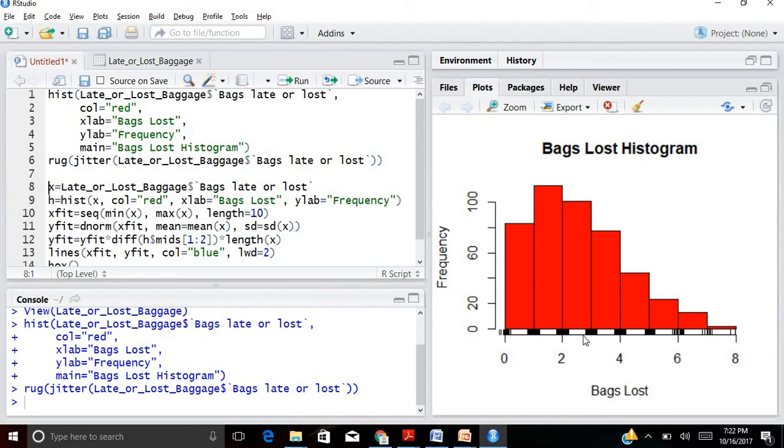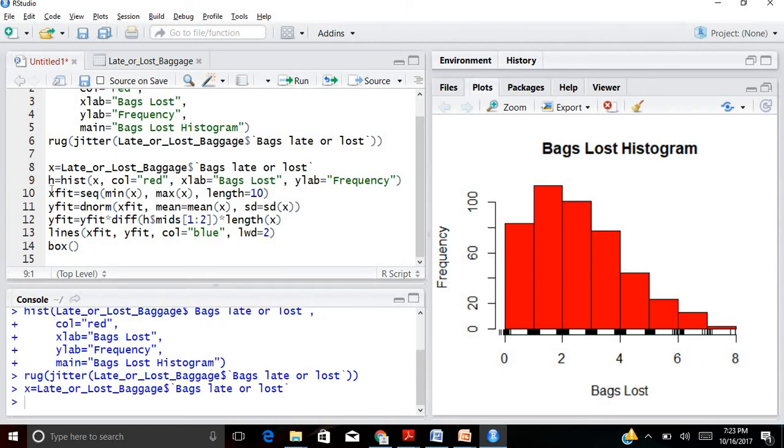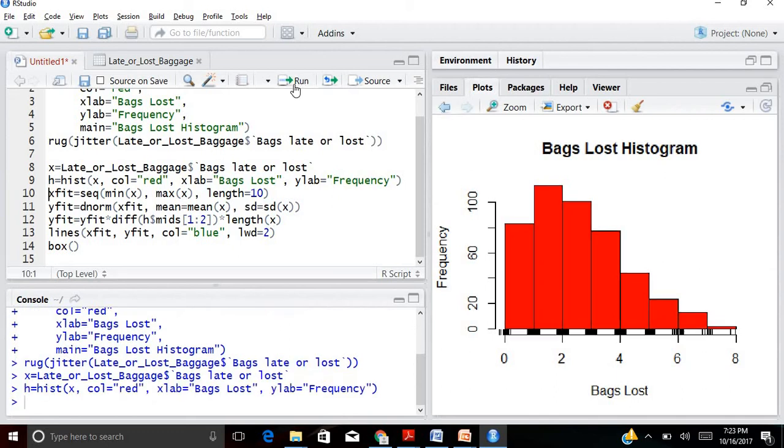Now let us introduce something called a rug. I'll tell you what a rug is. A rug is basically a scale that you can see at the bottom of the bars that includes all the possible data points in the given data set. When you have a huge data set, a rug doesn't look good, but I just wanted to introduce a new command for you so that you can understand. So this is a rug: in brackets you write jitter, the file name and the column name. That's it. It's a kind of scale that you get at the bottom of the bars.